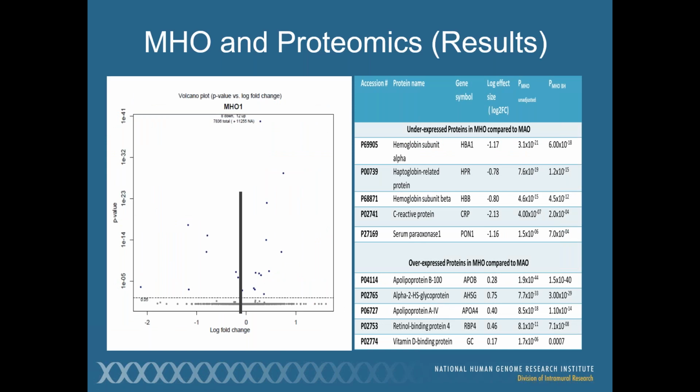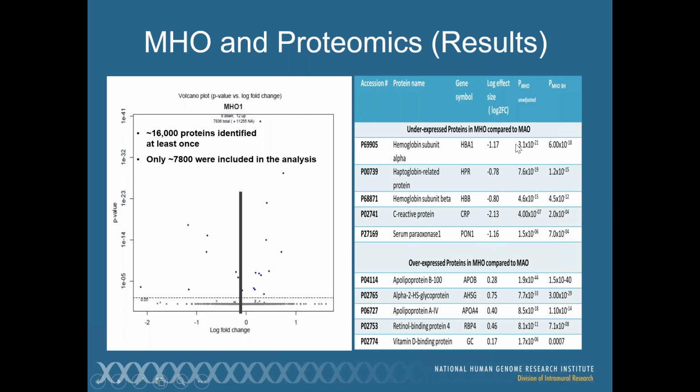So here is the volcano plot. We screened about 11,000 proteins in the serum of these individuals, and only focused the analysis on 7,000, because those 7,000 are the ones that were detected in both groups. And when we do that, we found 56 proteins that are differentially expressed between the 2 groups. And after correction, 20 of them remain significantly